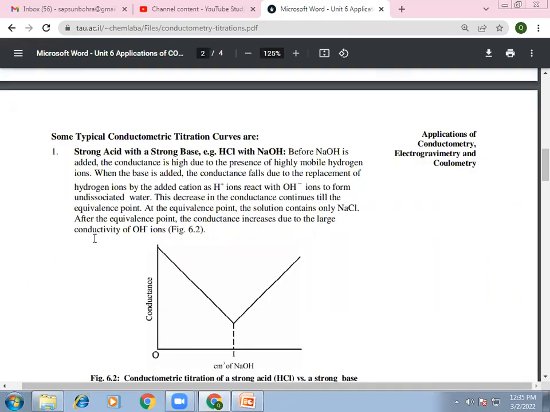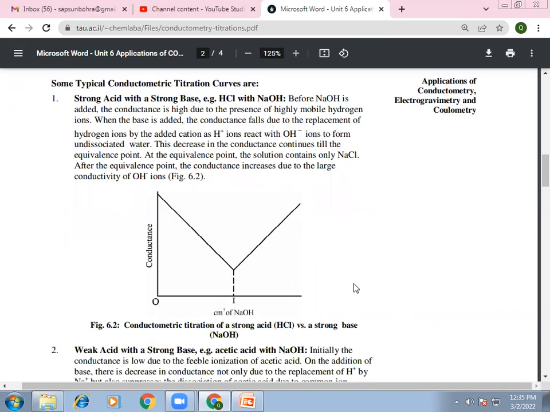Now we will discuss some typical conductometry titration curves. The first we will discuss is the strong acid with a strong base. Okay, so for example, we have to titrate HCl with NaOH, and how will we titrate it using conductometry? First, the analyte, that is your HCl solution, and in the burette you will take